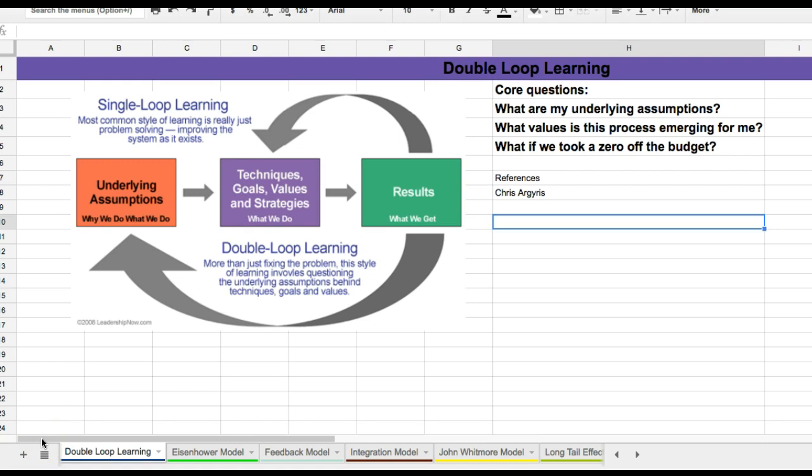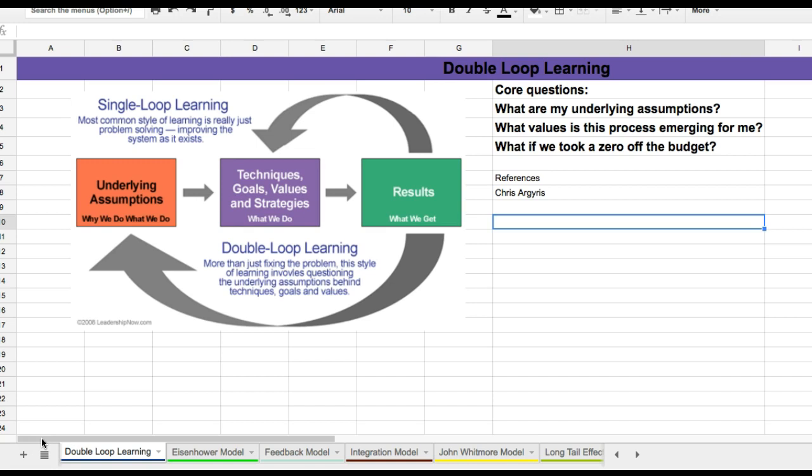When we think about problems, we might be stuck in something Chris Argyris calls single loop learning. Single loop learning is improving a system as it exists. Systems as they exist often produce problems that permeate or repeat themselves often. What Chris Argyris developed was a